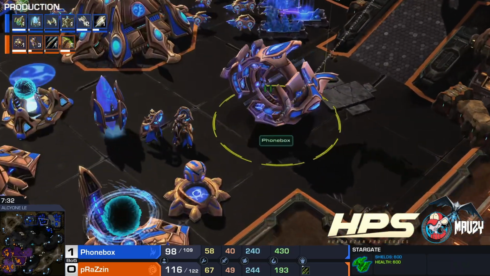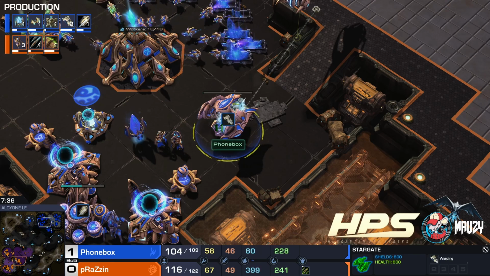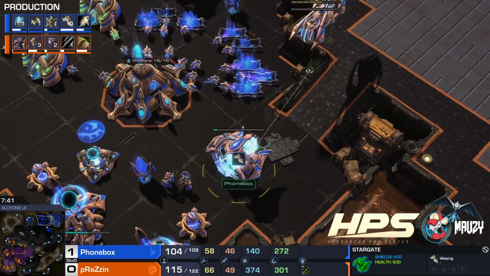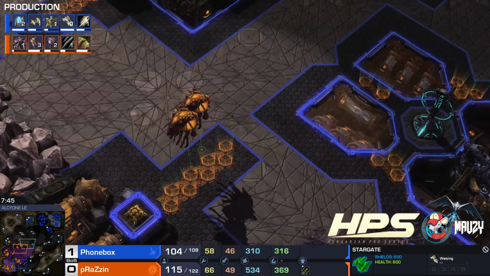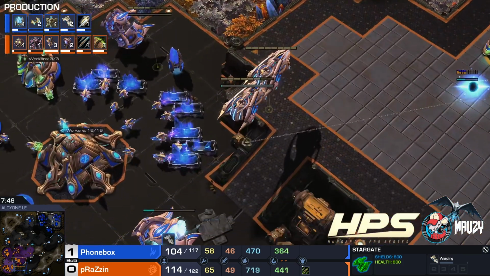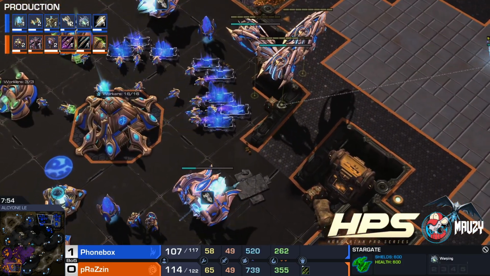This one is going to finish, and it's going to be a bit of an idle timing here on this Stargate, but one of them can be started right away. He had a lot of gas banked up, by the way, so this is not bad at all for Phonebox. And let's see how many carriers he is going to wait for. There's 3 currently in production. Another time, okay, so it's going to be